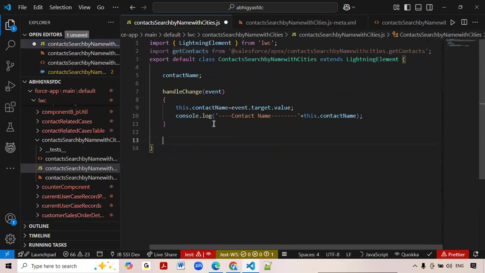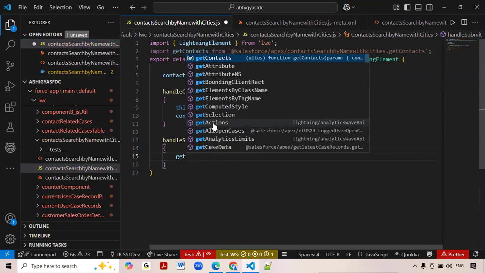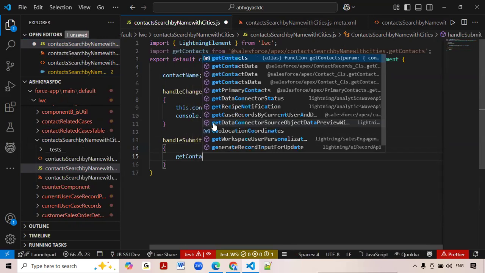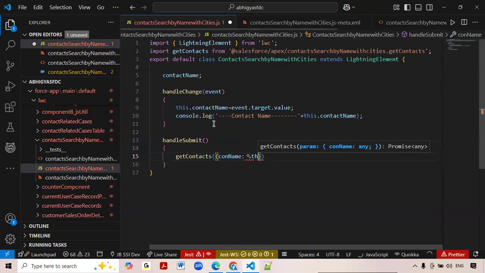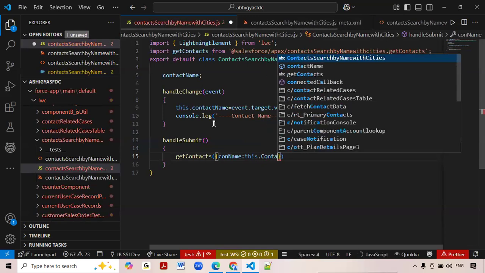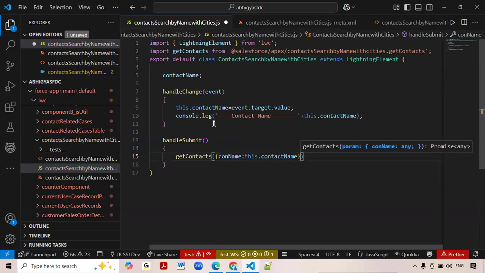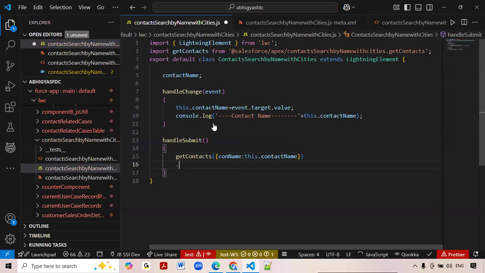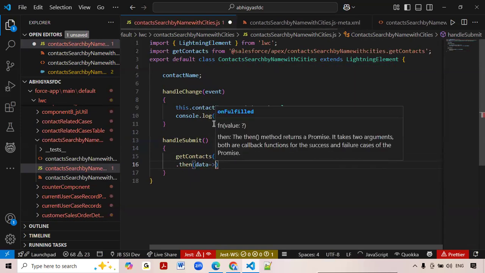Then come here. Once we click on the handle submit, in this handle submit we have to write get contacts. So con name equals what we enter here, this dot contact name. Here dot then, data equals to